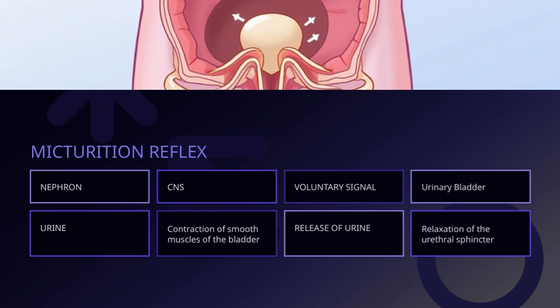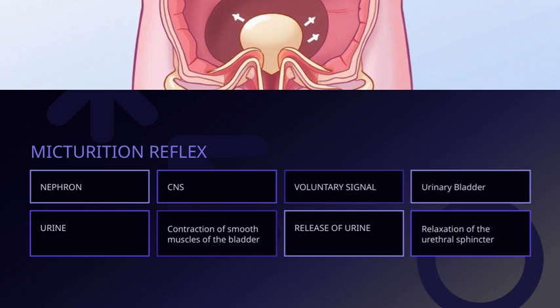This process is part of what's called the micturition reflex, a complex but well-orchestrated reflex involving the nephron, the basic functional unit of the kidney, which produces urine. So, in essence, the CNS integrates signals from the nephron and the bladder, and through the micturition reflex, it manages the voluntary process of releasing urine. This entire sequence highlights how our nervous system and urinary system work hand in hand to control when and how